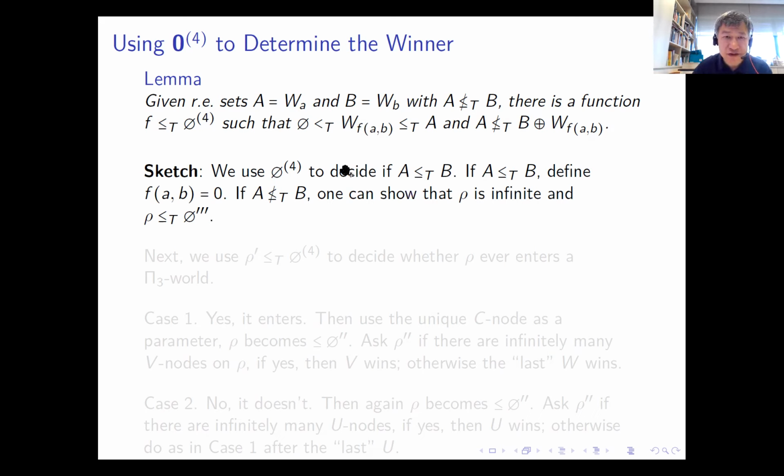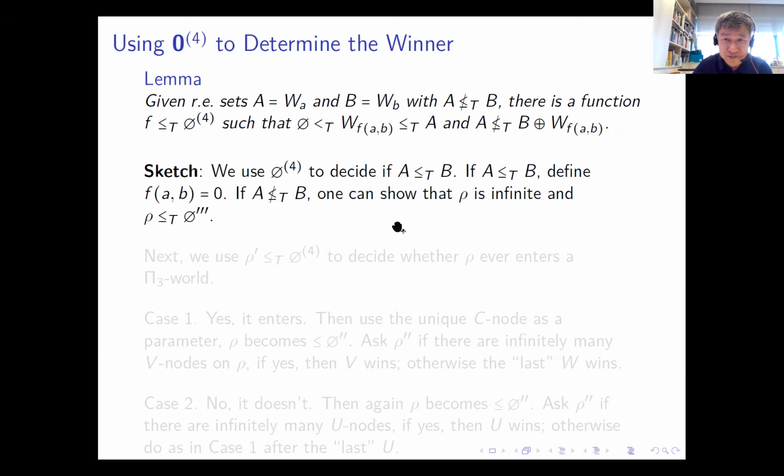Okay. So first, 0 to the 4 can decide if A is recursive in B. If A is recursive in B, then we don't care. So let's assume A is not recursive in B. Now, I want to convince you that using 0 to the 4, I can find out who wins. Okay. So first,